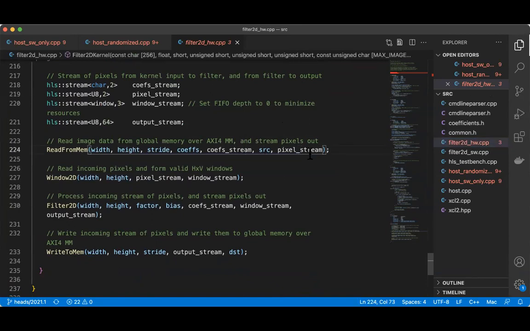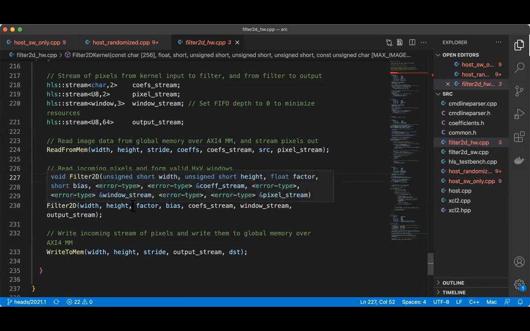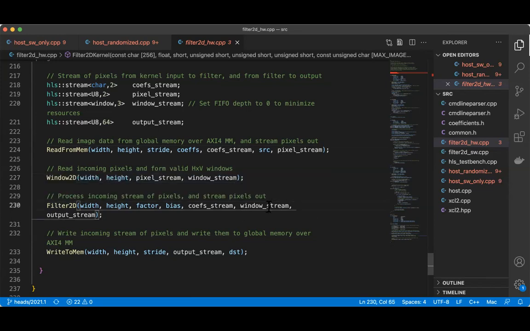Window 2D reads from the pixel stream and puts the data in the window stream. Filter 2D reads data from the window stream and puts it in the output stream, and the write to mem reads data from the output stream and writes it to the memory. So this idea is important.